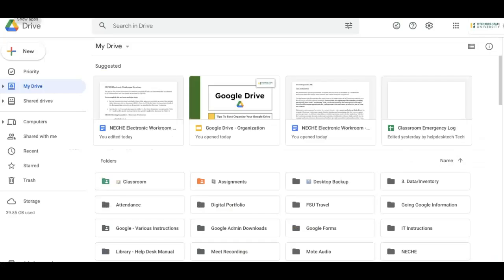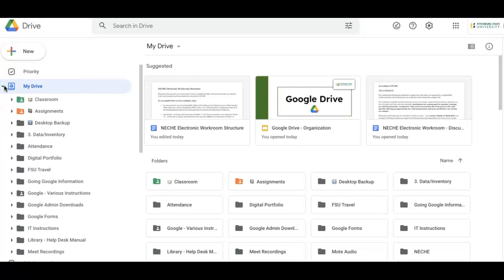And here is my Google Drive. When I go into it, this is what it looks like. I always go to the left where it says My Drive to this little drop down. A lot of times people don't realize that that exists. Drive title, all of the folders that I have previously created. For the most part, minus a few that we'll talk about in a minute, they are in order by alphabetical. So attendance is first, and so on and so forth.